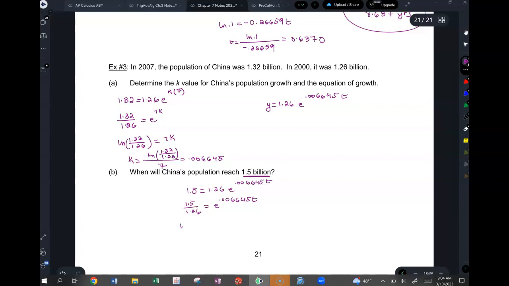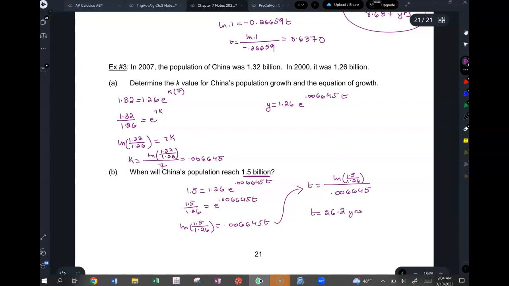Taking ln of both sides, okay, divide by k,